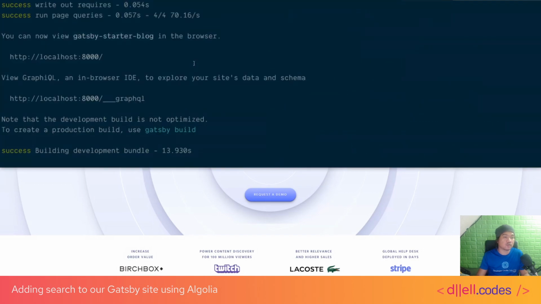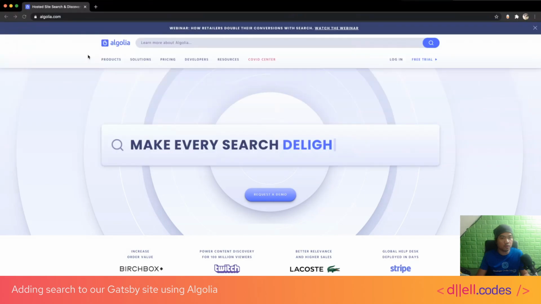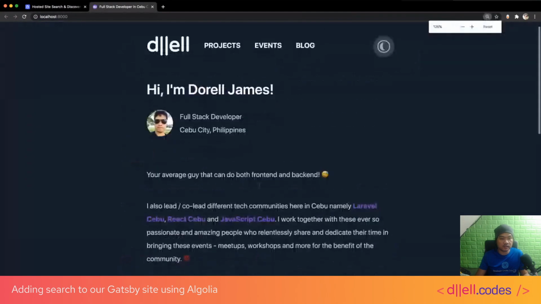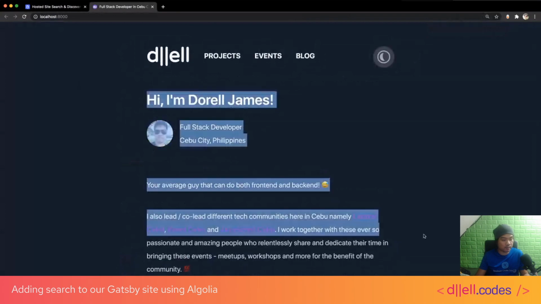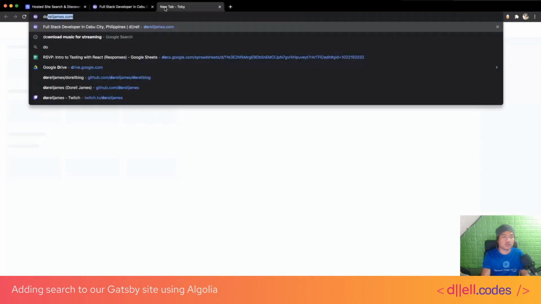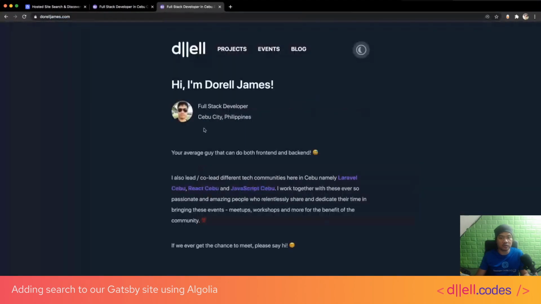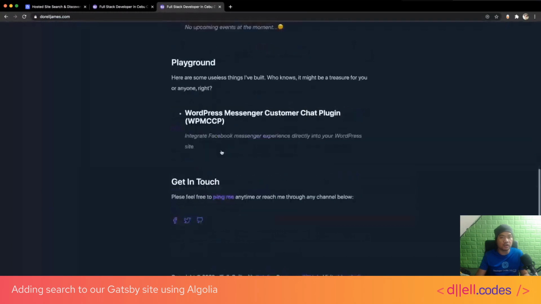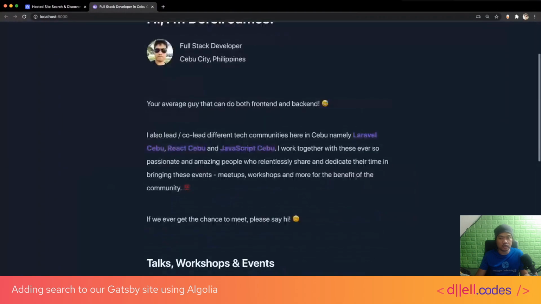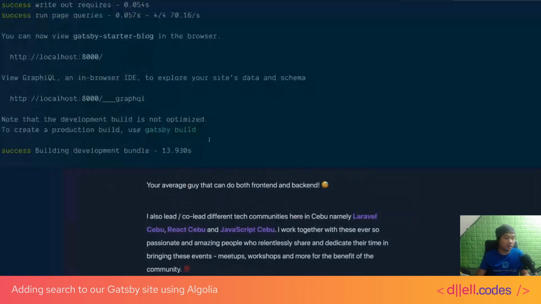But the important thing to notice here is that your Gatsby site or application is now running on localhost 8000, which you can view in your site here. So here is my site. Pretty sure you'll be seeing this. So my version, the localhost version of my site, which is currently hosted on Netlify, is now running on localhost 8000, which we have the source code for and we can begin